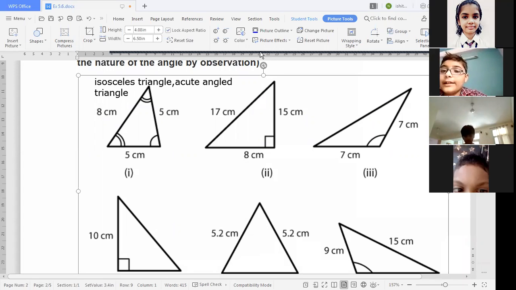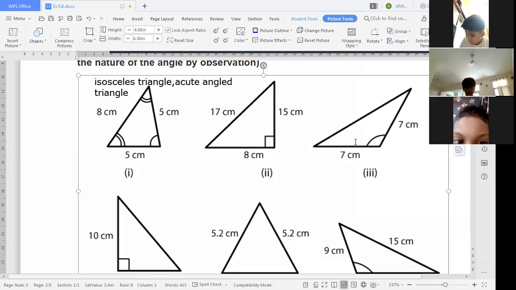Third answer. When that figure is shown, obtuse angle. Yes, third one is obtuse angle and it is more than 90 degree. And ma'am, isosceles is also. Not isosceles, beta, isosceles. Spell it properly. Yes, ma'am, isosceles. Yes, isosceles triangle.